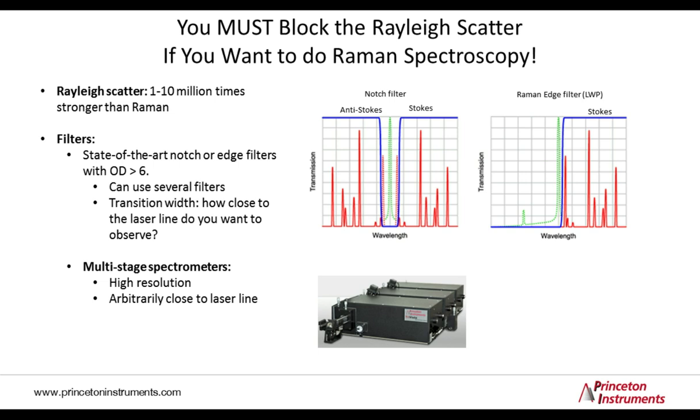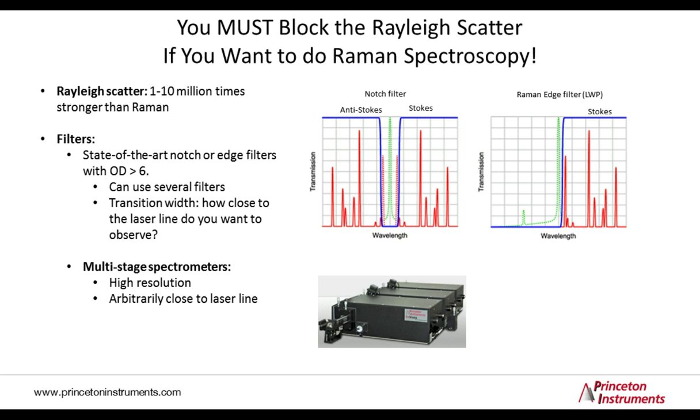In all Raman measurements, it is crucial to block the Rayleigh scattered laser light. That is because the Raman cross-sections are very low, typically on the order of magnitude 1 to 10 million times weaker than the Rayleigh scattered intensity from the laser. So if no filters are used, the stray light from the laser would simply overpower the weak Raman signal on any detector. The good news is state-of-the-art filters easily achieve a reduction of laser line by 6 or more orders